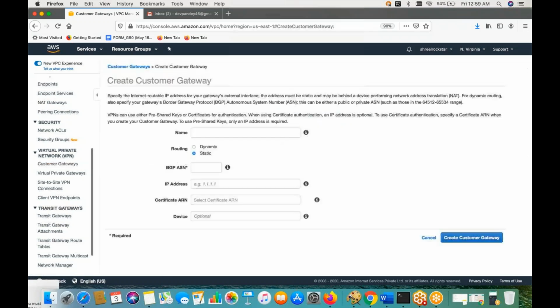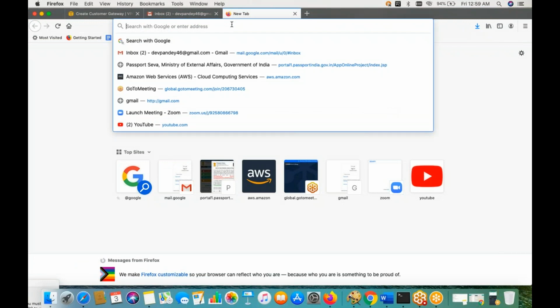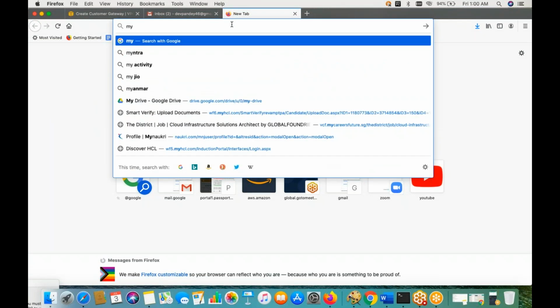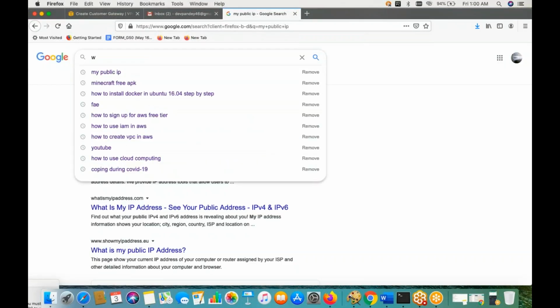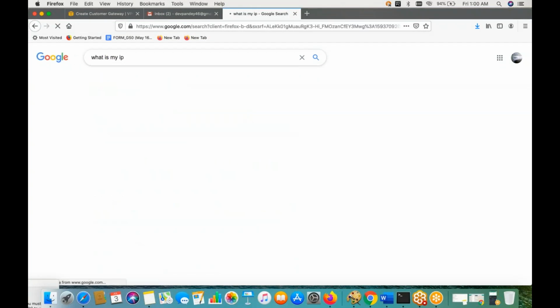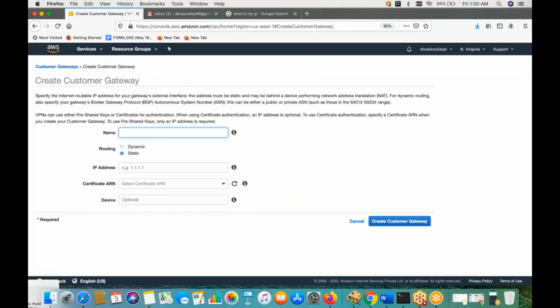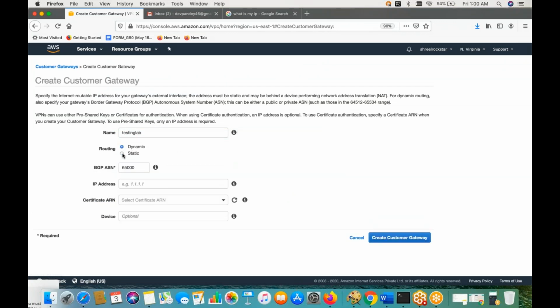So simple. I'll ask first for the customer gateway. Customer gateway will be a firewall IP address. We don't have one, so I'm using my public IP just for testing. This will be my broadband IP address. This IP address I can expose if I want to, like make it globally accessible like Google. So I'm just using it for testing purposes. And I'm good with static, right?